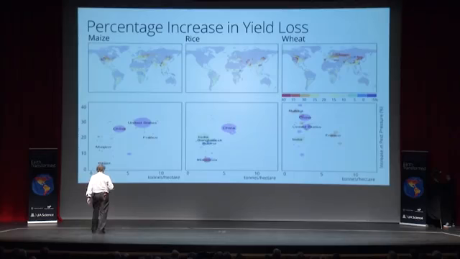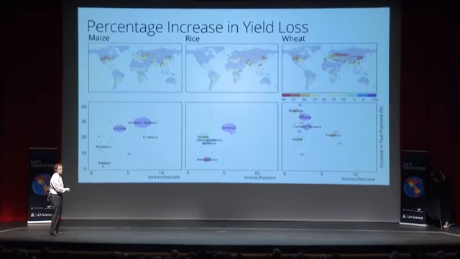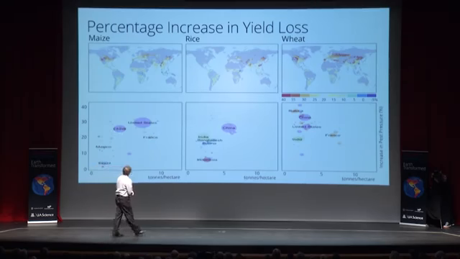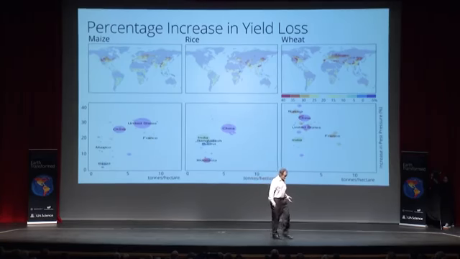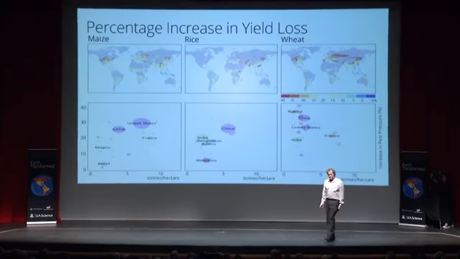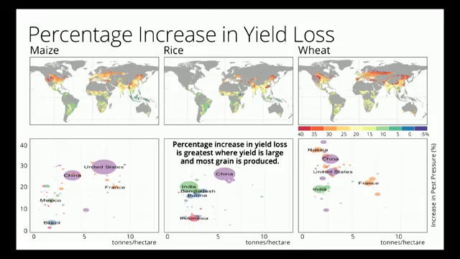China is second. What's plotted here on this axis is the increase in the loss of crop due to increased pest pressure. So the point here is that the countries that produce really high amounts per hectare and the most grain in the world suffer the biggest losses to pests. That's true here for maize, it's true for rice, and it's true for wheat. And these are for really basic metabolic reasons in ectotherms, cold-blooded animals, which are pests, right? So the percentage increase in yield loss is greatest where the yield is already the highest, and most grain is produced in the world.